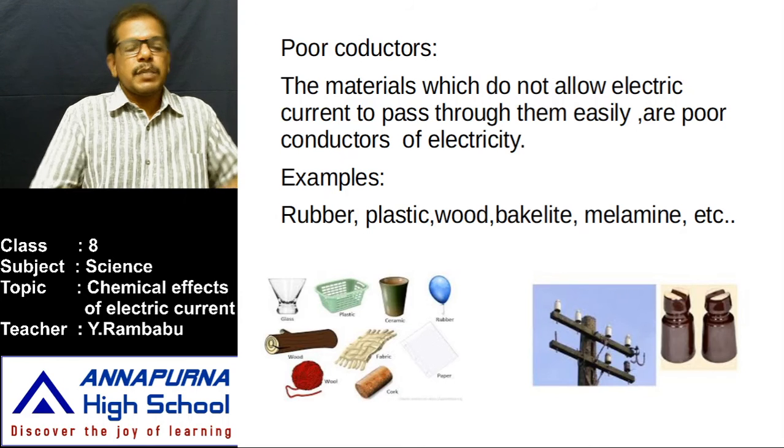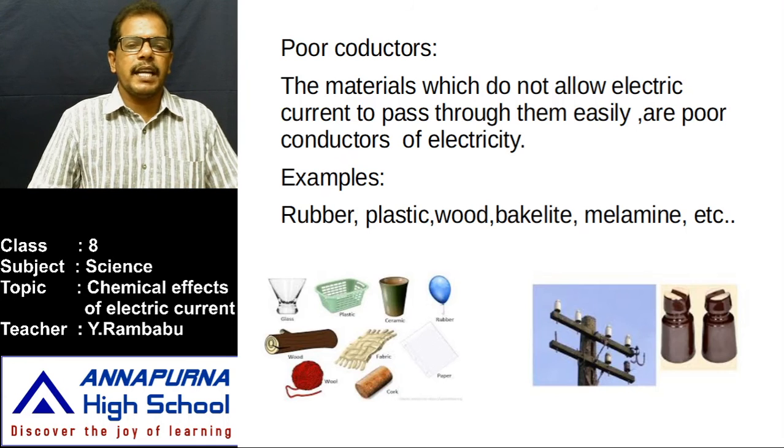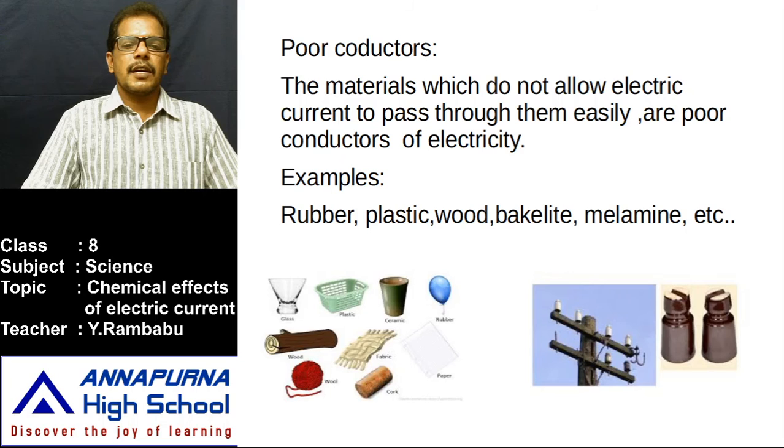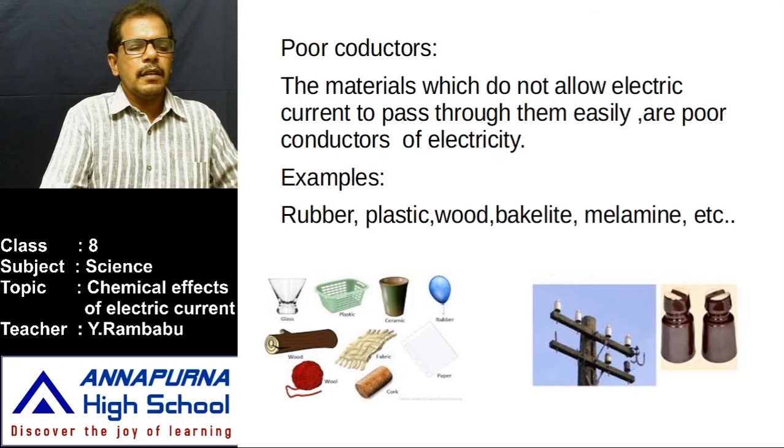Generally we use electrical conductors for conducting and insulators to handle the electrical devices. That means both conductors and insulators, the poor conductors, are useful in our daily life. In the same manner, semiconductors are also used. Generally, semiconductors are used in diodes and transistors. These diodes and transistors are used in microprocessors.